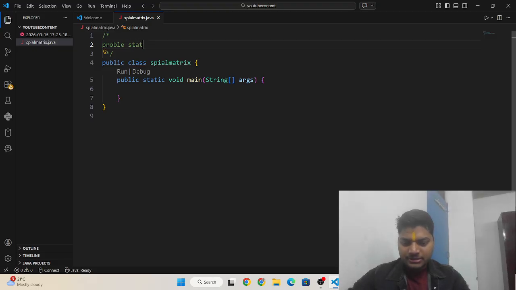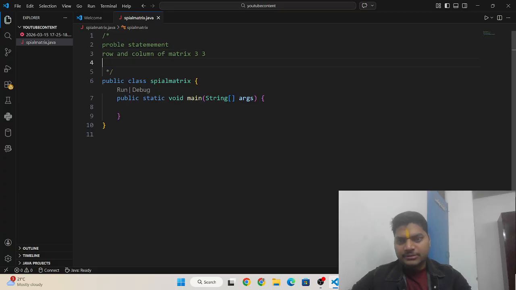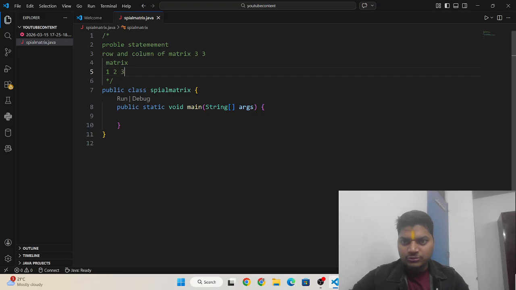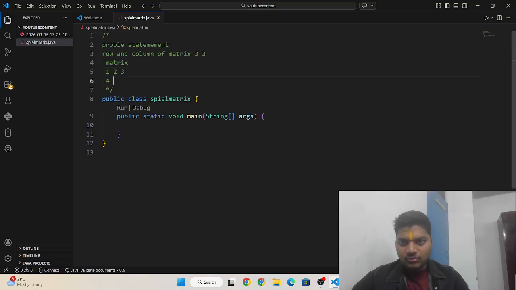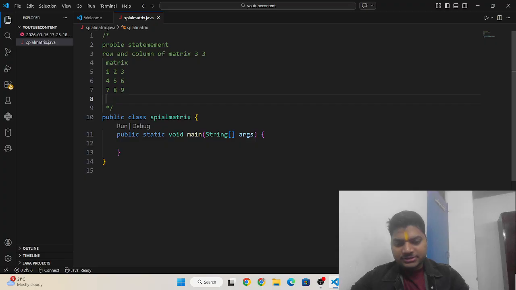Problem statement. You are given the rows and columns of a matrix, 3 and 3, and the matrix is 1 2 3, after that 4 5 6, after that 7 8 9, then a spiral matrix.